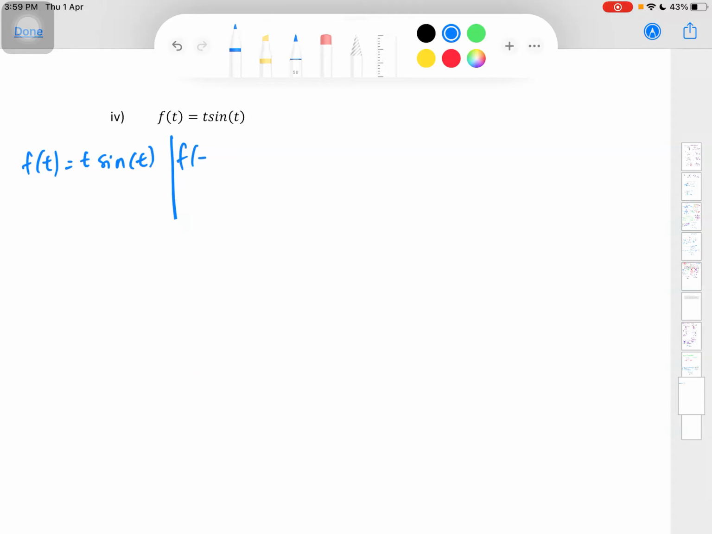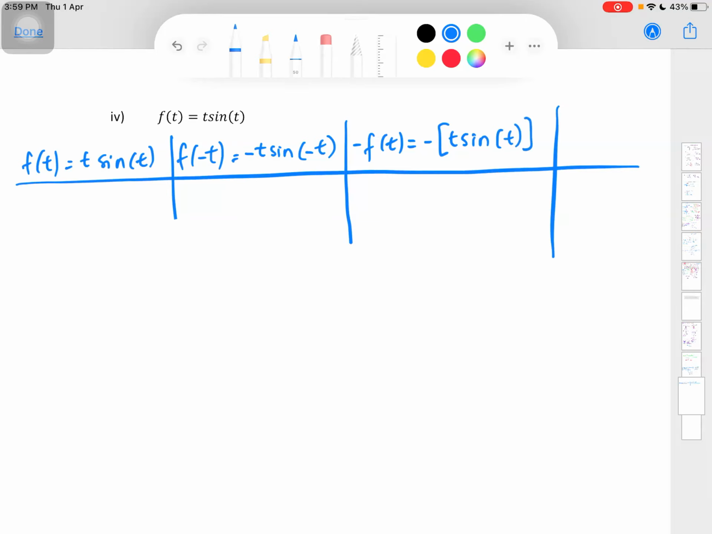Now f of t will be minus t sine minus t. And minus f of t will be minus t sine t. So let's try t with 10. Let's try using only one number. So we will have 10 multiply sine 10,